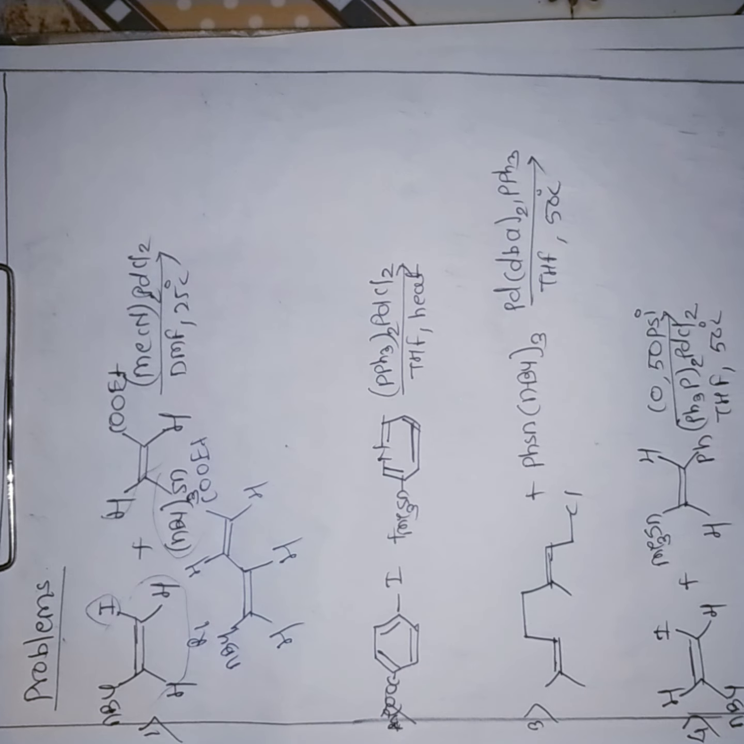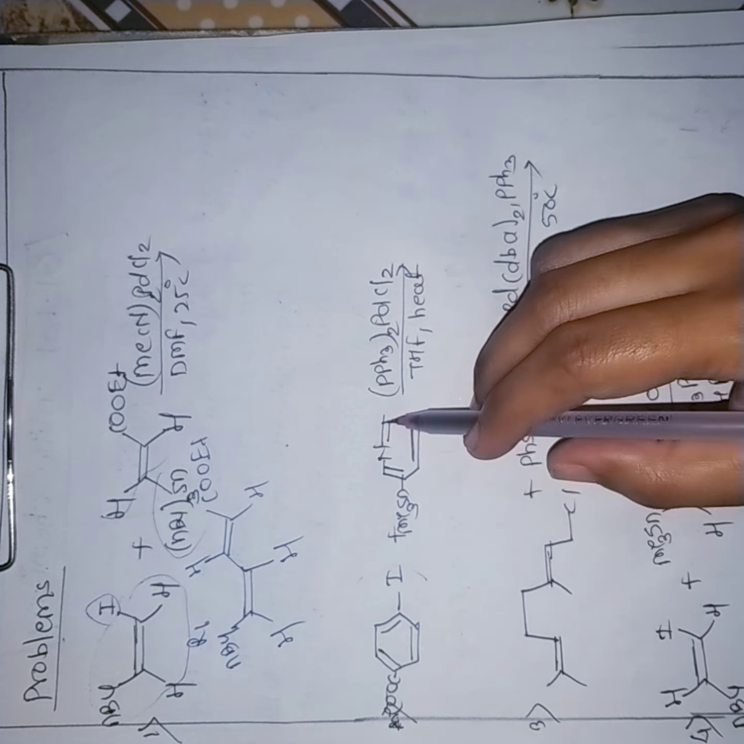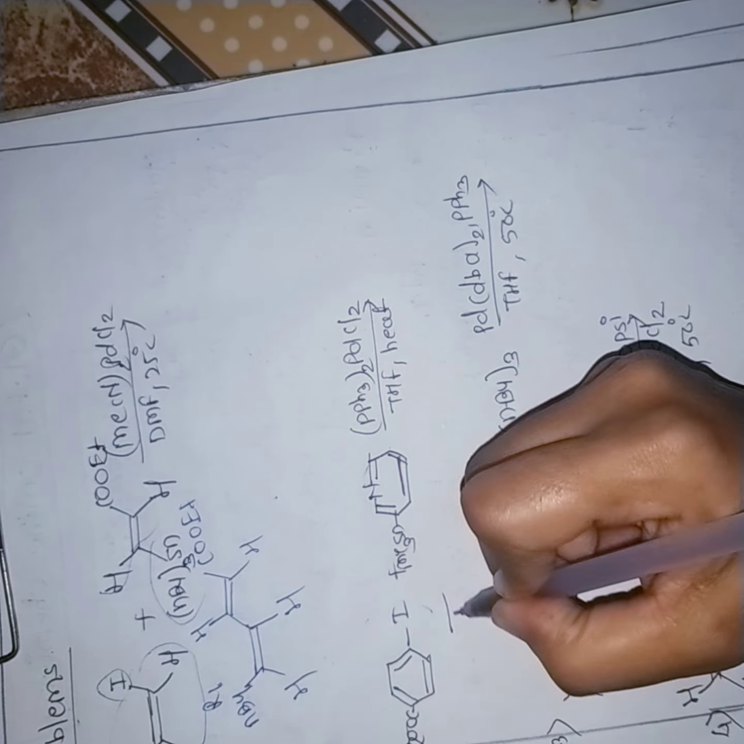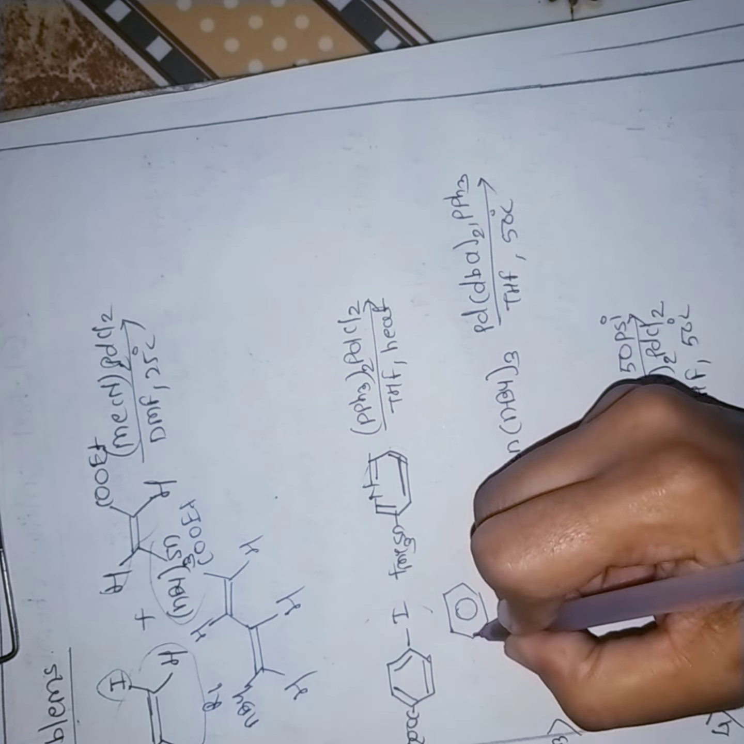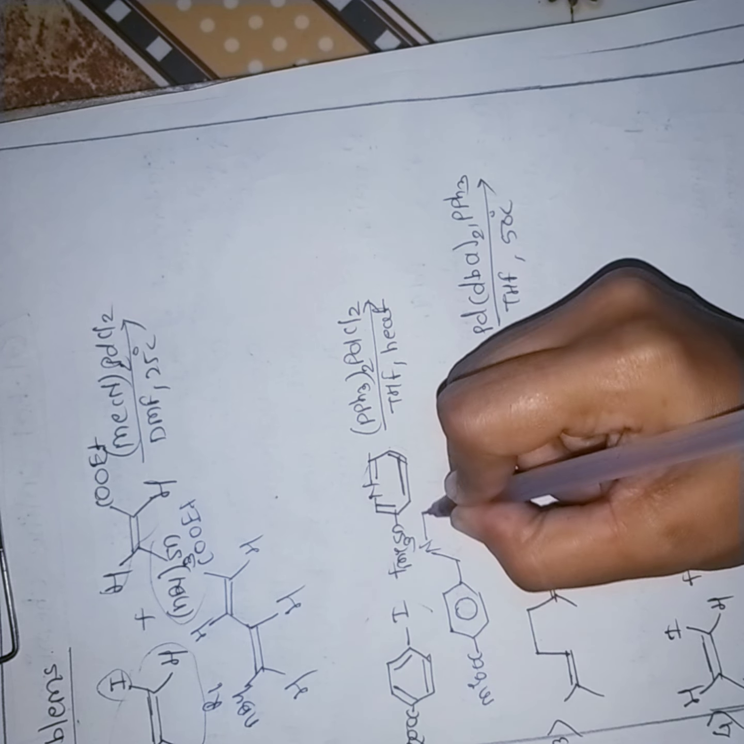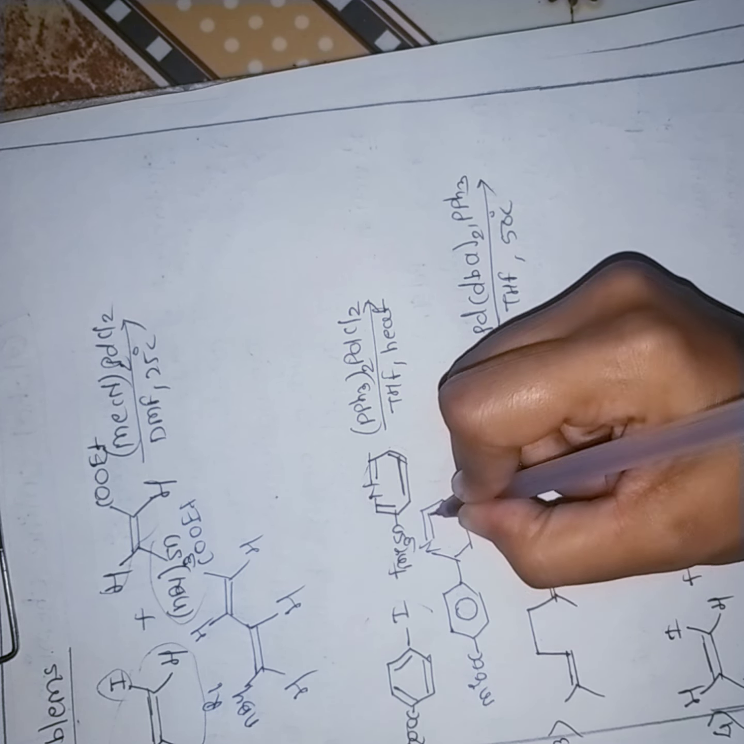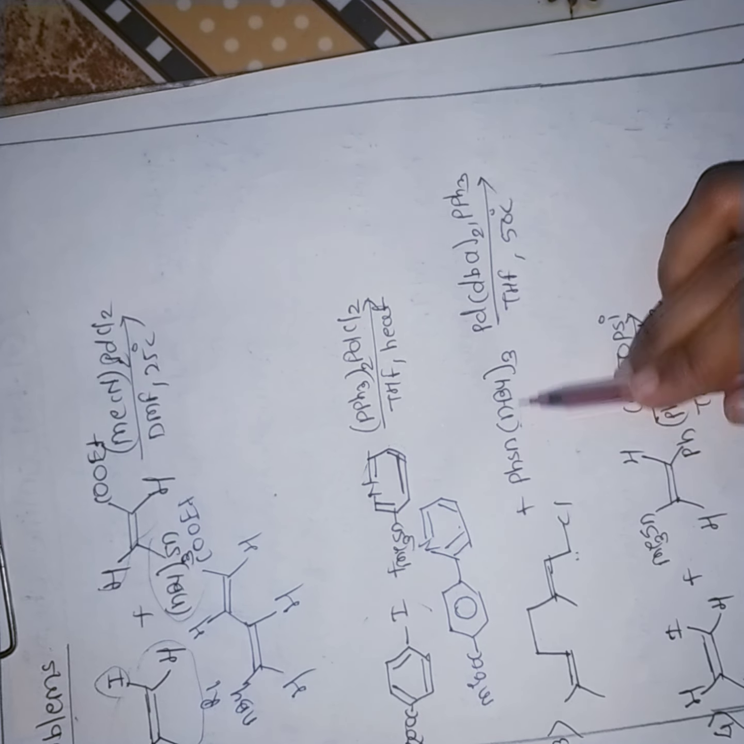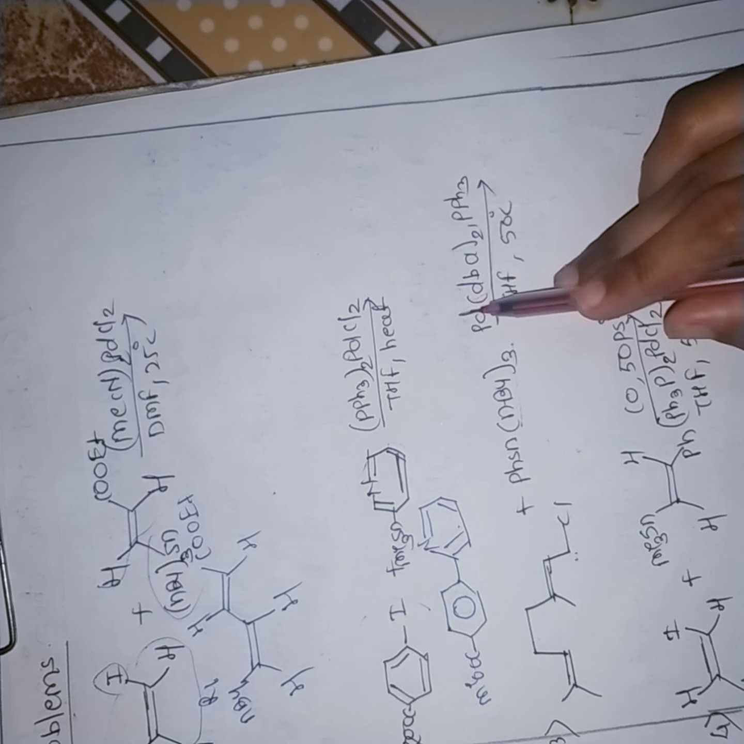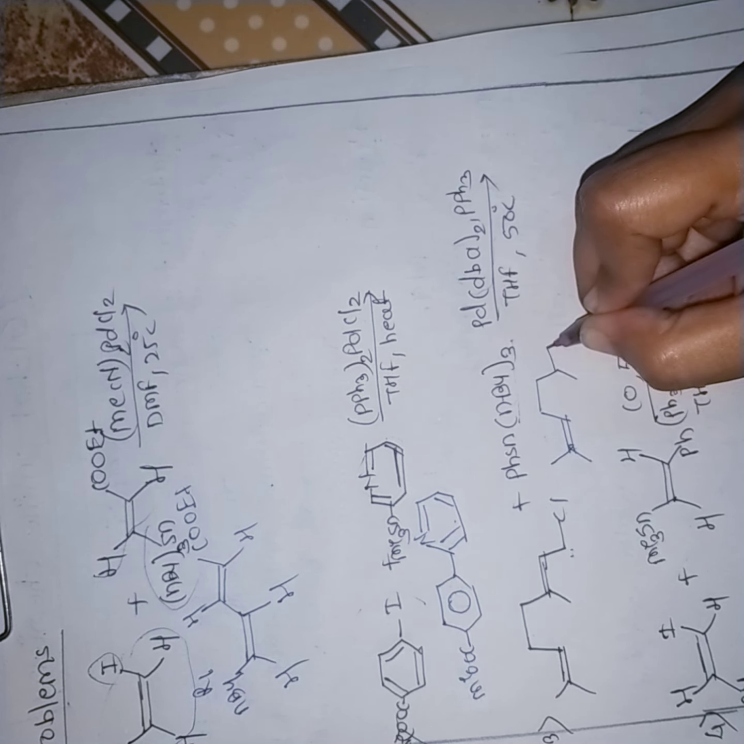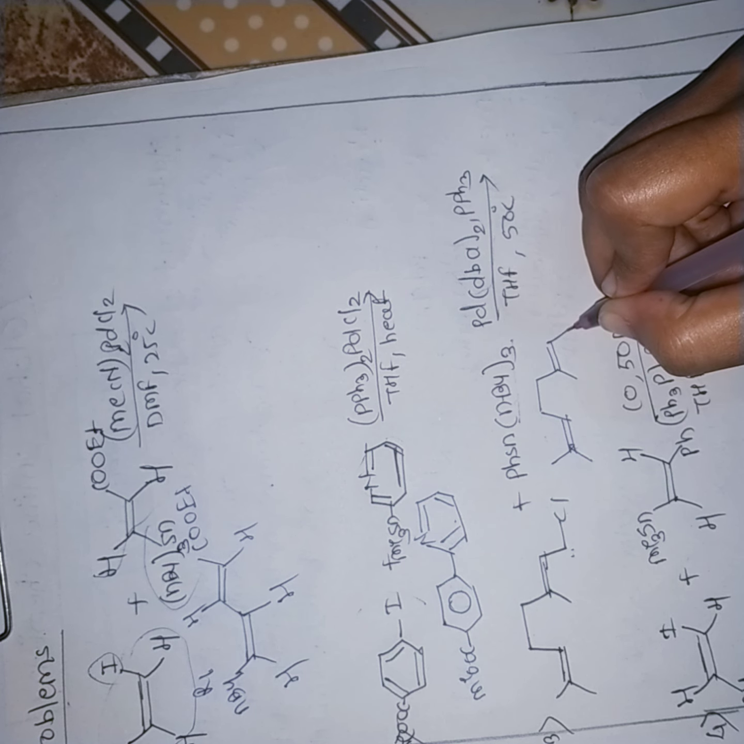Now look at the second one. This is an organic halide. It reacts with organostannane in presence of palladium as a catalyst. It will form a carbon-carbon single bond between R1 and R2. Now this is an organic halide and this is organostannane in presence of palladium. Then what is our product? Our product will be